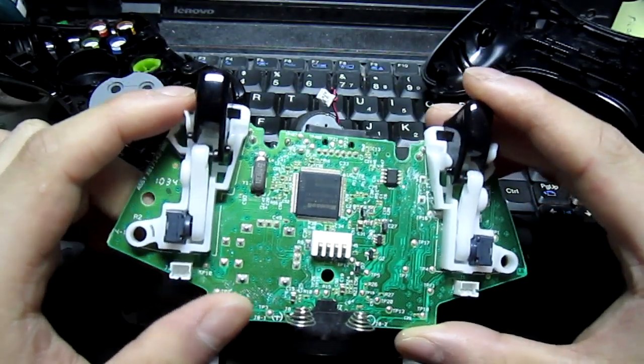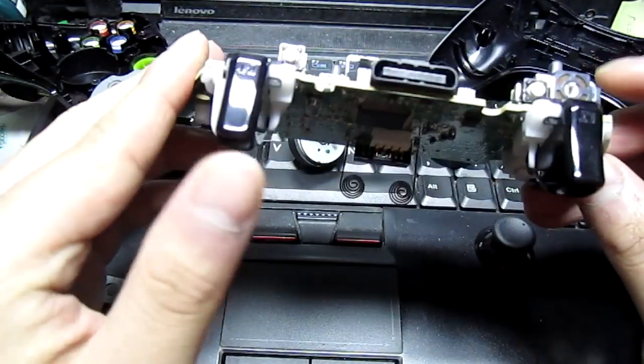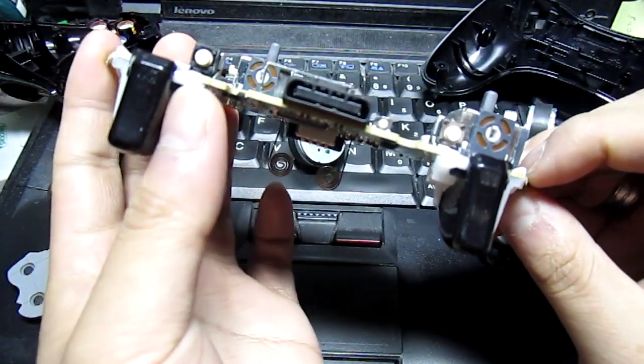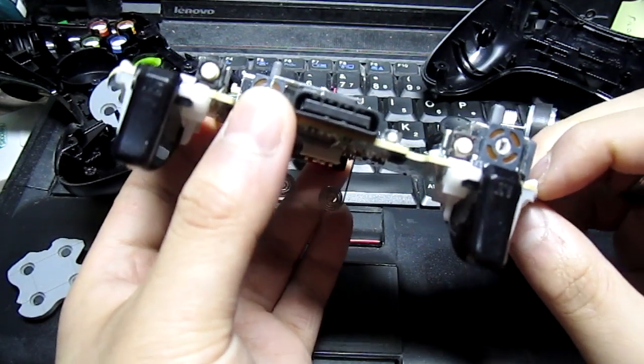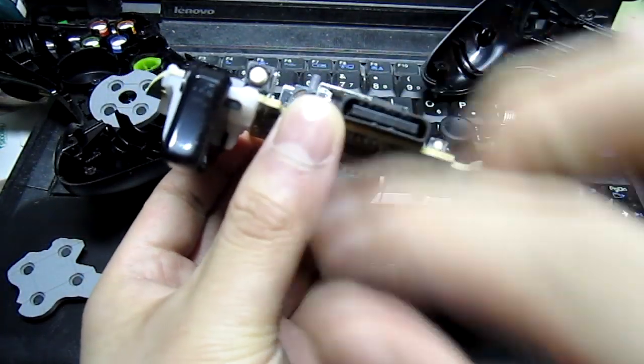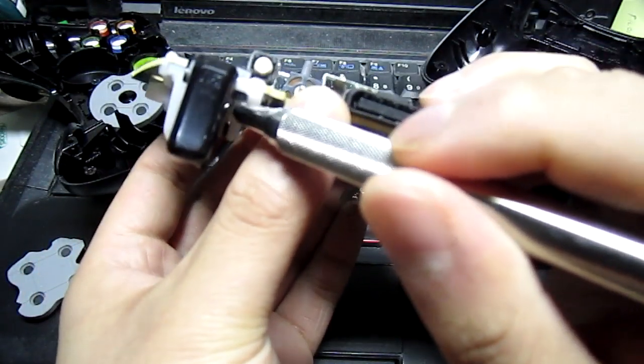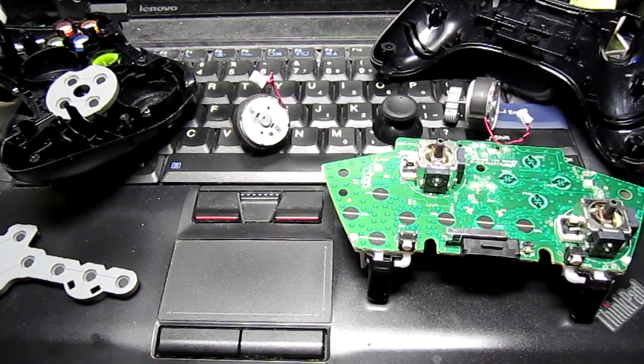And from where the set screw is placed, I think the set screw is actually pushing on this piece of the trigger. It's a small piece of plastic that kind of hooks onto the bracket of the trigger. If I take a pen here, you can see that when I push...